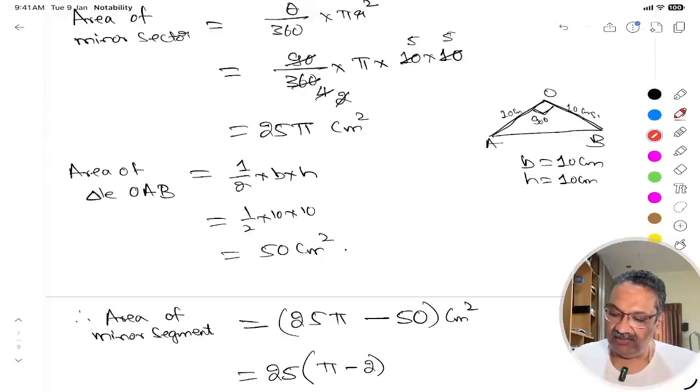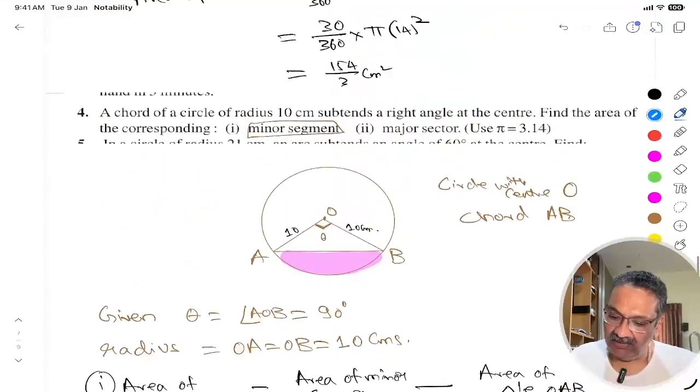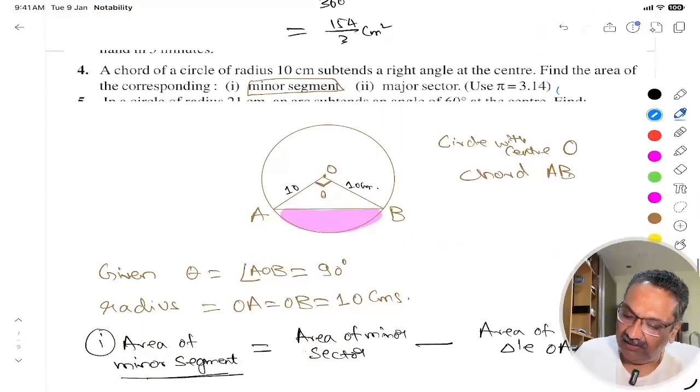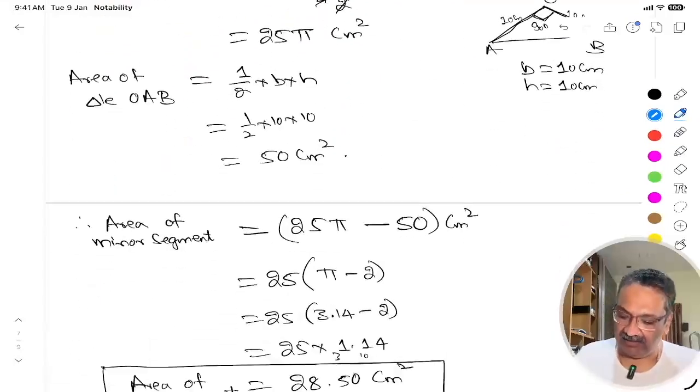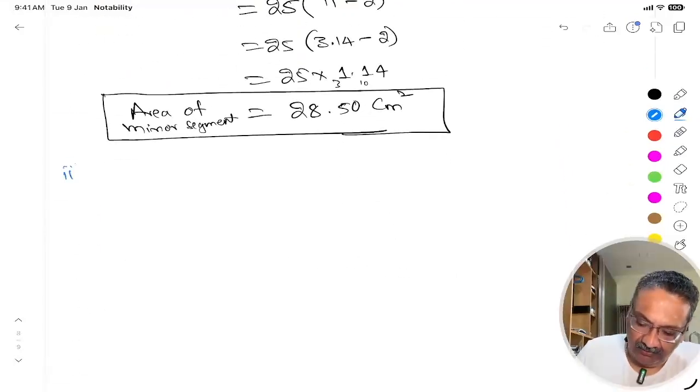Alright, what is the next one they have asked? Next they have asked us the area of major sector. Major sector, what does it mean? It becomes this portion, the major sector. This portion they are asking us. Okay, so now what will be the area of the major sector here? You can observe the area of